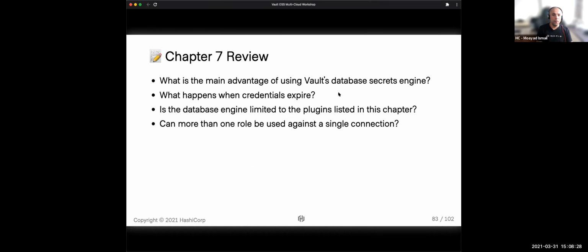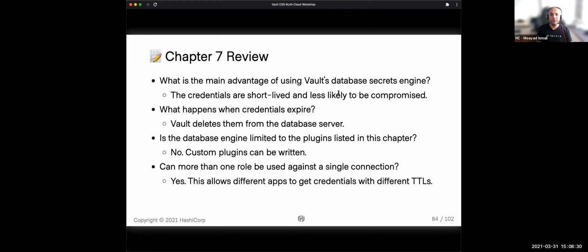So what is the primary advantage of a database secret engine? They provide short-lived credentials and are less likely to be compromised. And if there is a compromise, from the monitoring you can see exactly which application it came from and at what time, because everything is auditable. There's a full audit trail that you can create from Vault. What happens when the credentials expire?